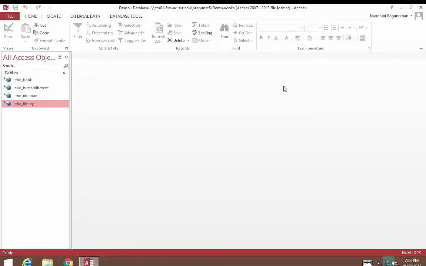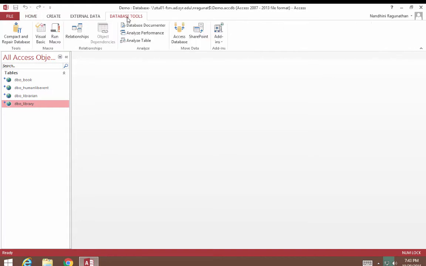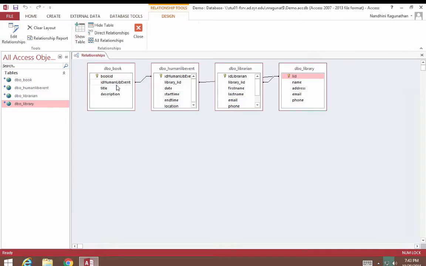In this video, I'm going to walk you through how to create forms as well as subforms using MS Access. To create forms, we have to first establish relationships between the tables in MS Access, which is very similar to the one we have followed before. Go to Database Tools, click on Relationships, and then connect the primary keys and foreign keys to establish the relationship. Once this is done, you can start creating forms as well as subforms.